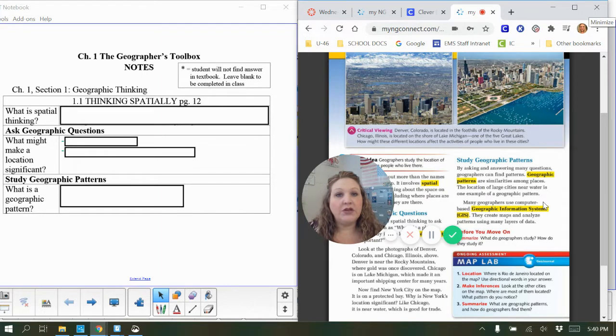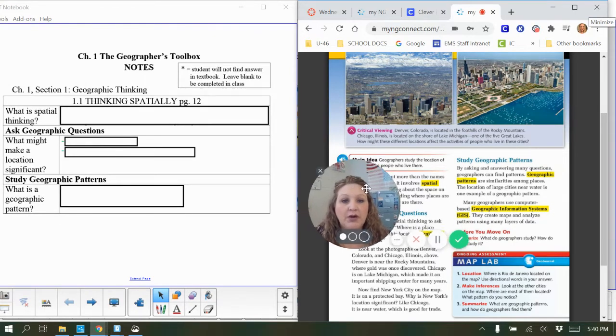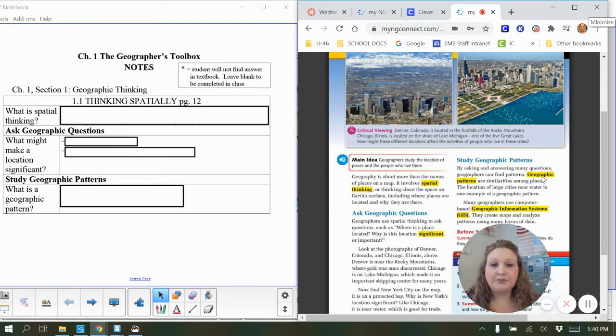And then you also needed to log into your textbook like we did last week, and you needed to read the information on page 12 to answer the 3 questions from that page, which you see over here on the left. So I just have the textbook up here so that you can see what it looks like. I'm not going to read through it because you already were supposed to read the text so that you could